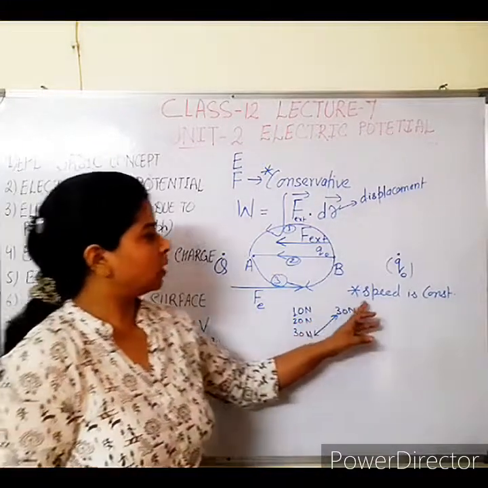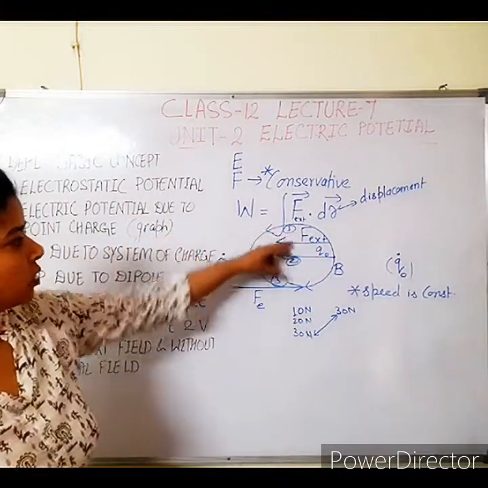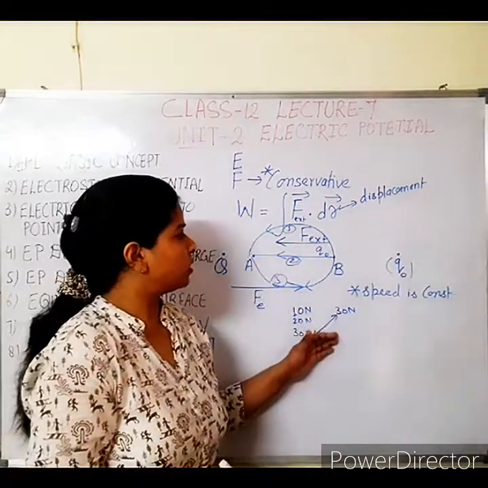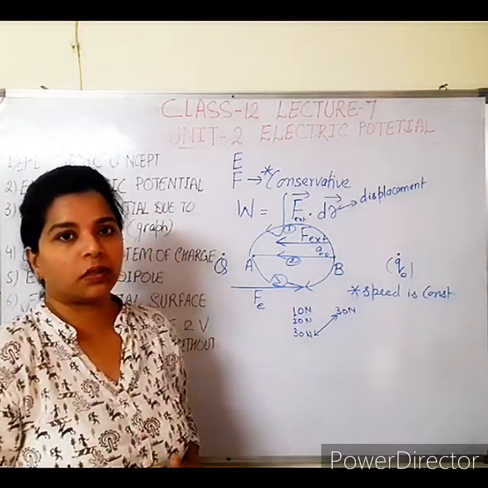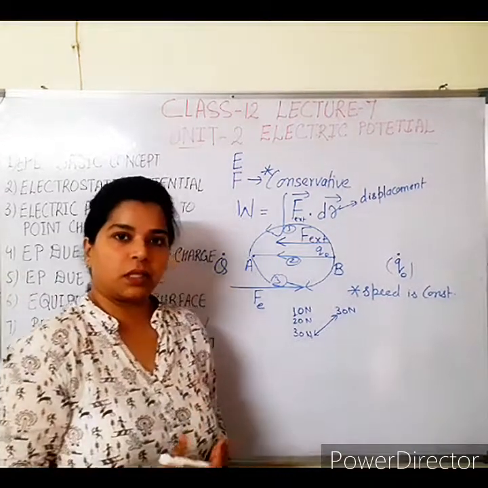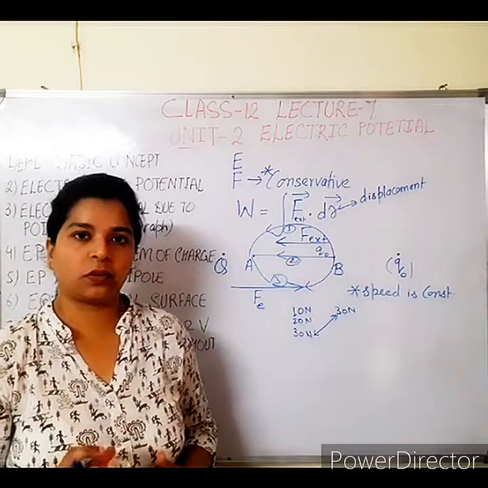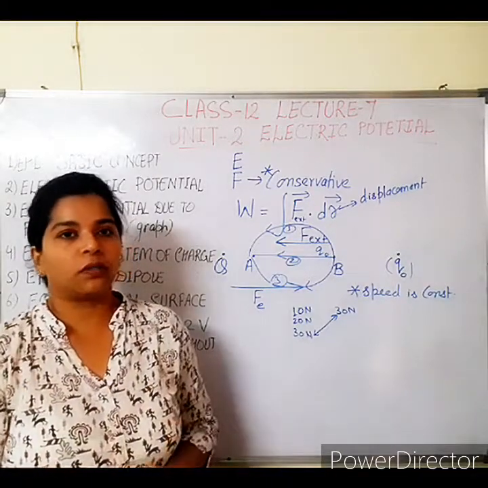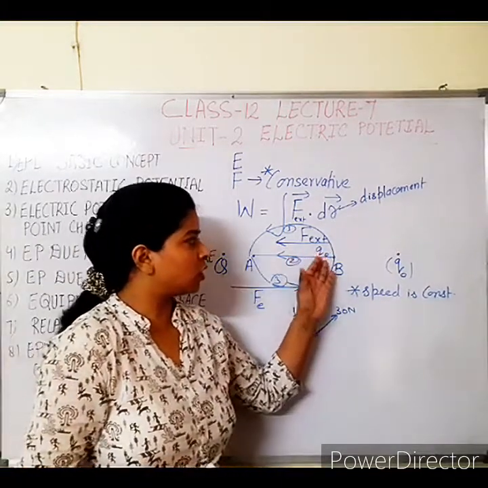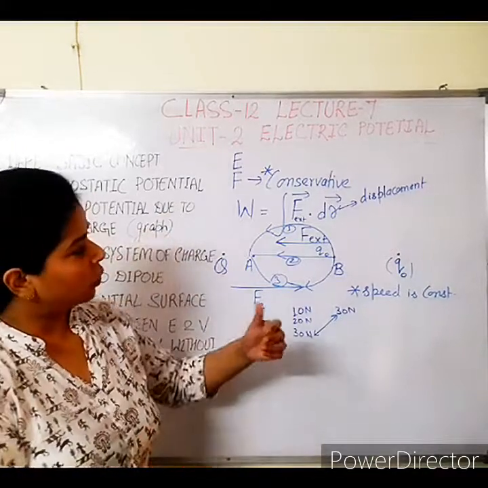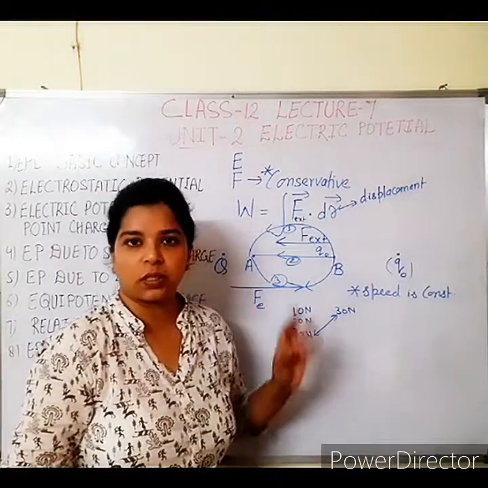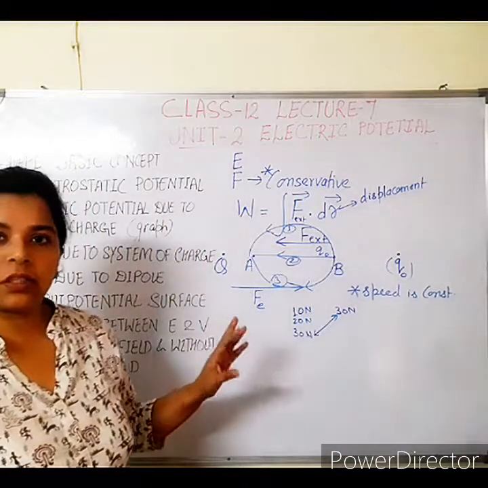And the second point is what? Speed is constant, which I have elaborated, because the net force during the path becomes 0. So net force is 0, that means what? No force is applied over it. On the basis of Newton's first law, if no force is applied, the body will move with the same speed as initially. Whatever the initial speed of the body, it will move with the same speed, or if the body is at rest, it remains at rest. But initially the test charge was moving from point B to point A, so it will continue moving from B to A with the same speed. So speed is constant here. These are the two important factors which are required here.